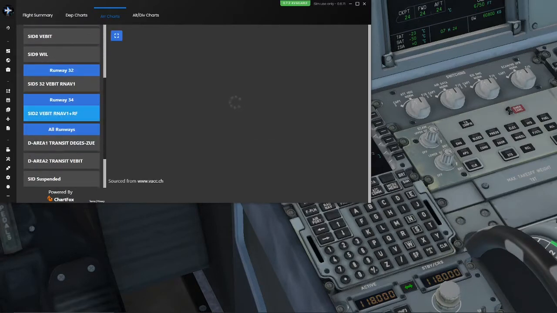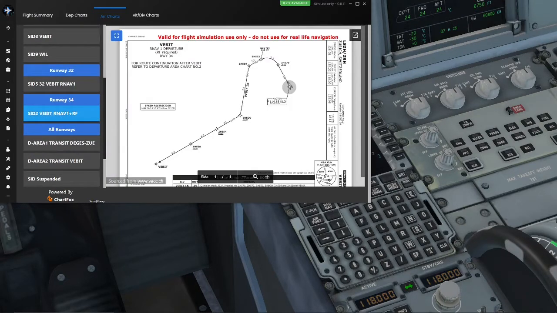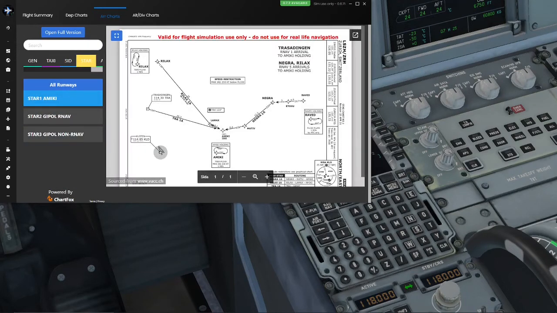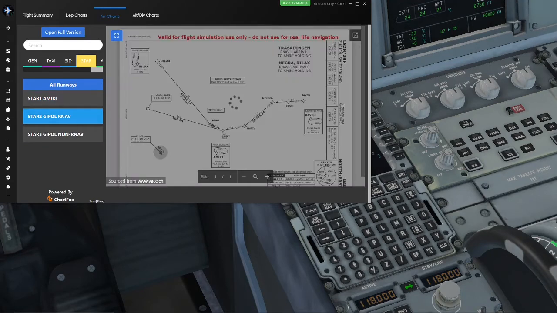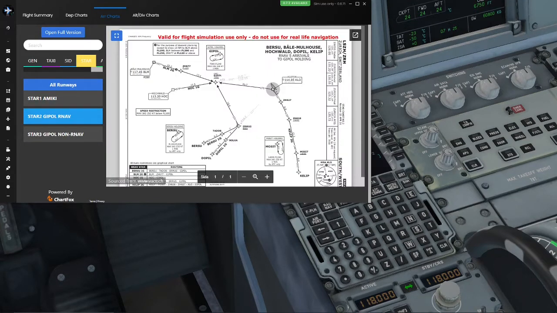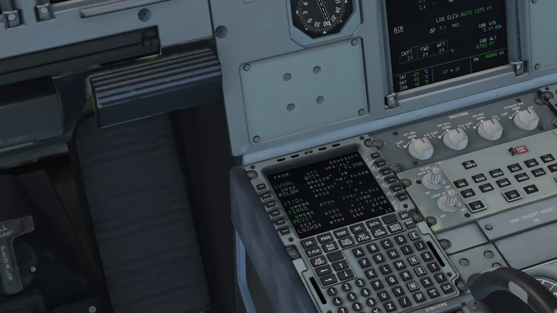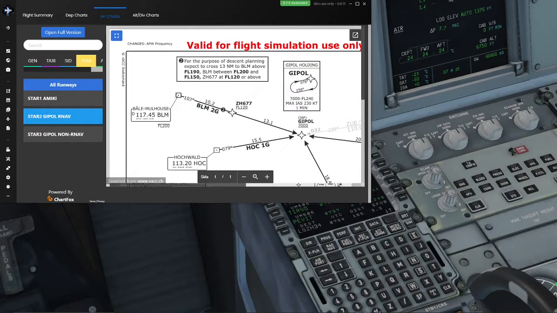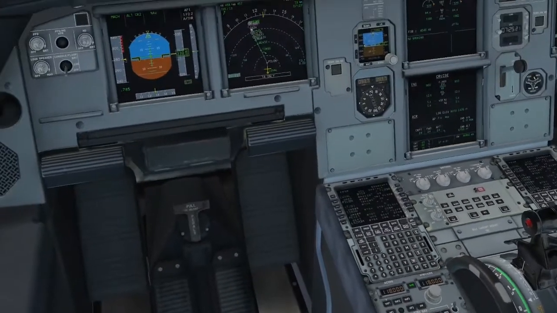So we're gonna go to runway 34. Now, sorry, I accidentally selected store. So here, I'm gonna try to find Bravo Lima Mike. So we're taking Bravo Lima Mike to Golf, and yeah. So let's just take a look at the charts. For the purpose of descent